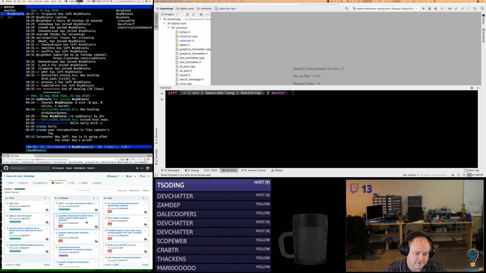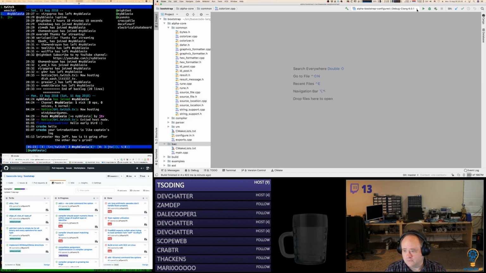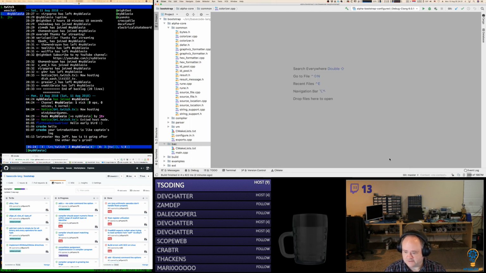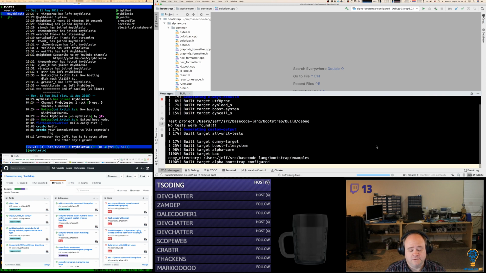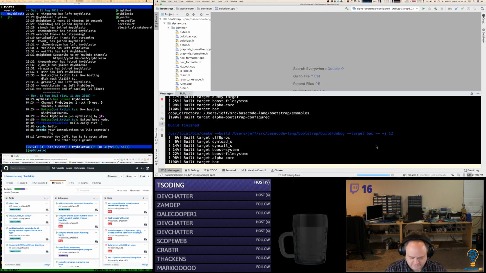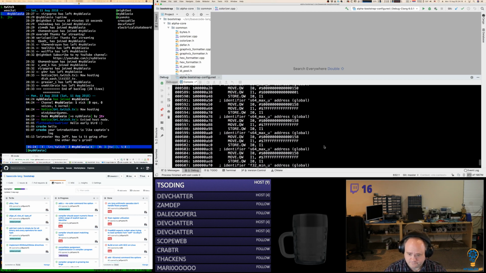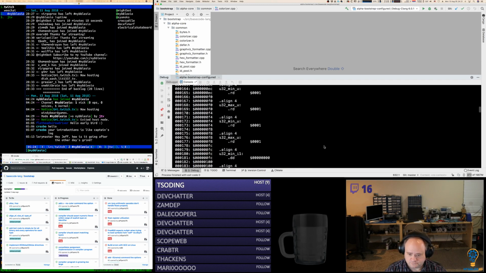So the next is: compiler should assert numeric literal within range of explicit type identifier. So I'm going to go back to my simple file as the Basecode file we're compiling. I created short because I was trying to debug the floating point stuff, and I've done that. Okay, so